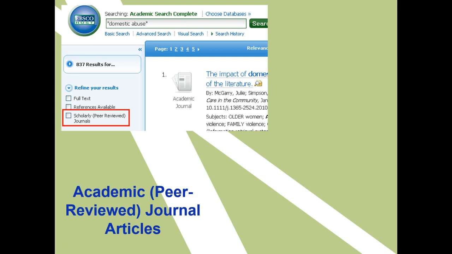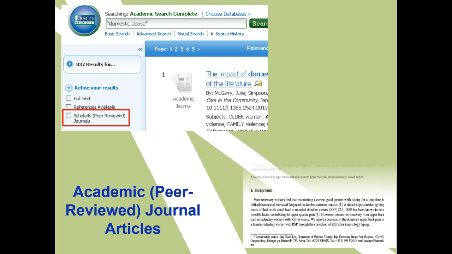But for our purposes in learning APA style in this basic class, books, websites, and journal articles are really going to account for 99.9% of your citations.